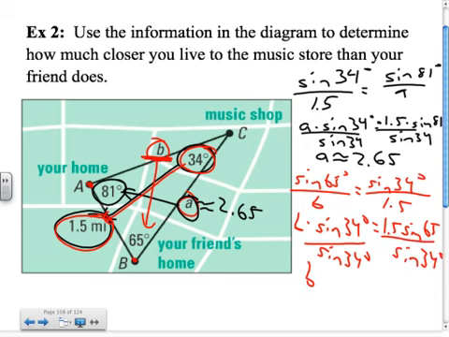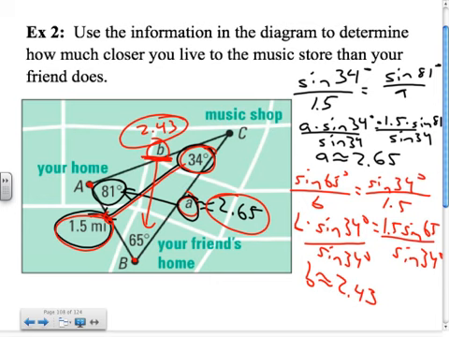So B is roughly, and again at this point let my calculator do my work for me, so 1.5 times the sine of 65, and divide that by the sine of 34, and I get roughly 2.43. So B is 2.43, and so you'll notice if I live 2.43 miles and my friend lives 2.65, well then I am closer obviously,